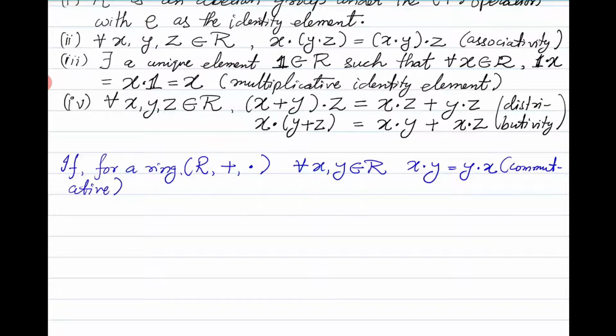The dot operation itself is a commutative operation. Then the ring is said to be